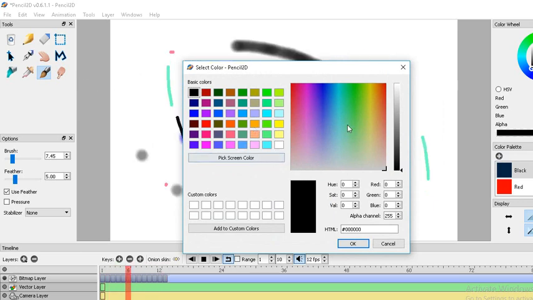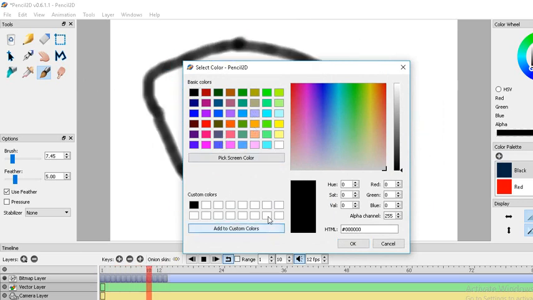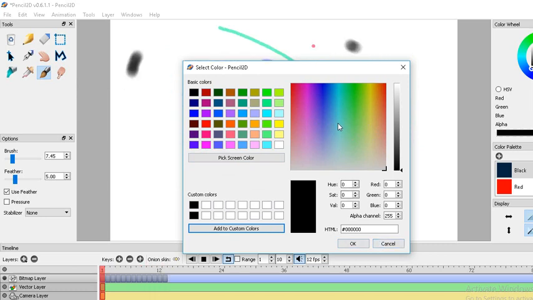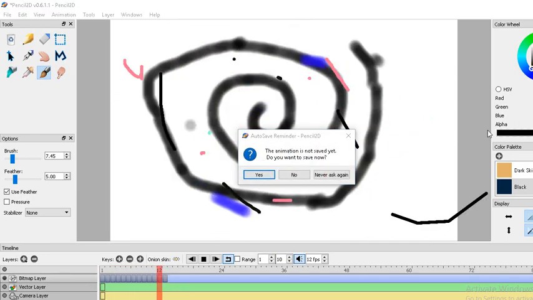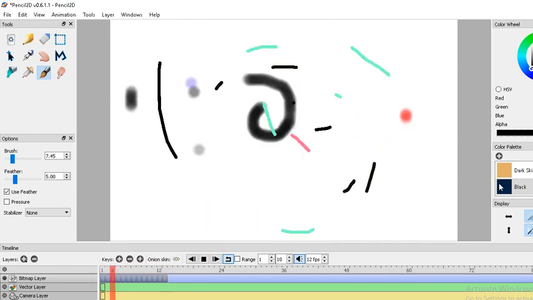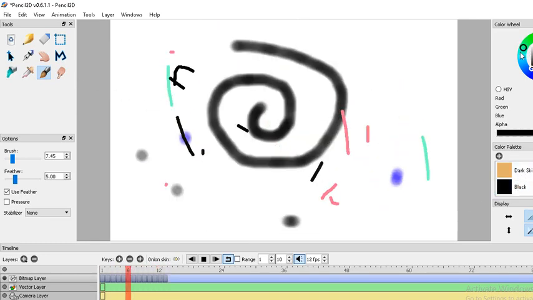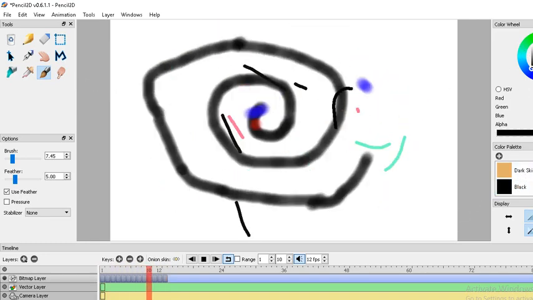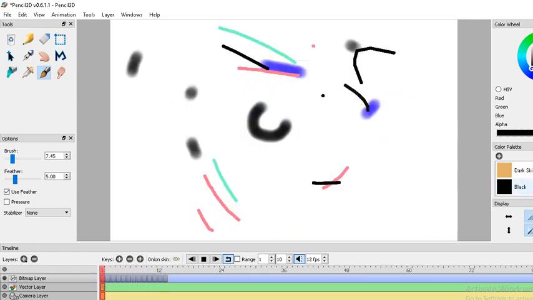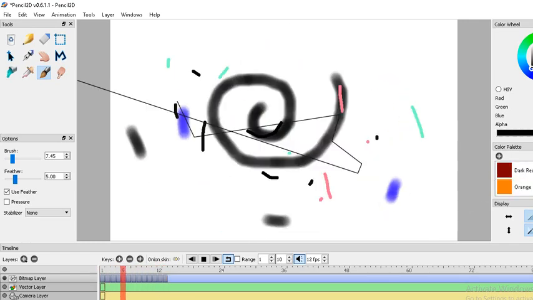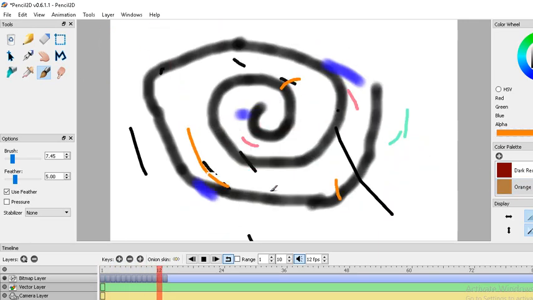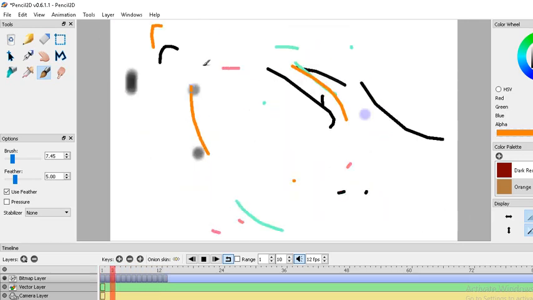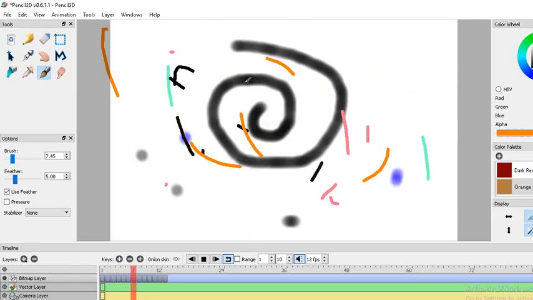So yeah, like this one. Custom color. Just add this, just blue. Okay, let's add blue. Something like this. Yeah. Okay, never ask again. And guys, here we go. All I get is only one color, right? Yeah, orange. Wow. Now you can see, if I draw a curl thing in the opposite direction and